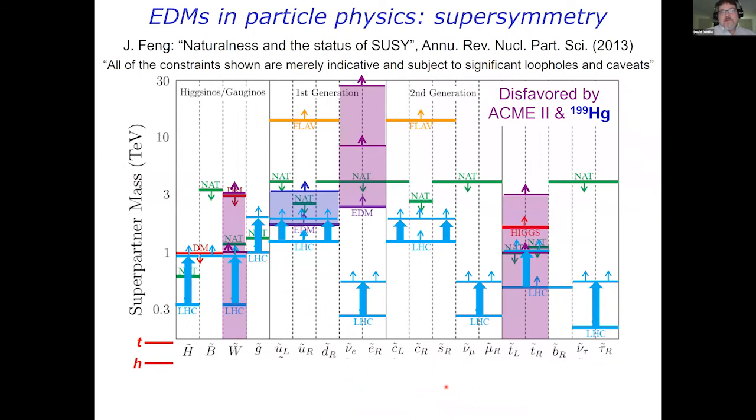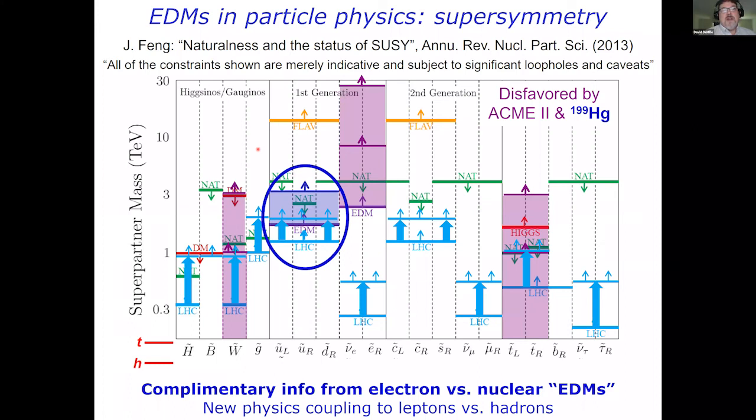Also point out that ACME is by far not the only EDM experiment in town. There are also experiments looking at nuclear Schiff moments, which are essentially the nuclear analog of an electric dipole moment. And in particular, the experiment done at the University of Washington, Blayne Heckel and colleagues, using mercury-199 atoms, is also sensitive enough to push above the bounds set by the LHC. So these are really complementary experiments, electron and nuclear EDM experiments. They test different parts of where new physics could appear. And this is generally true.